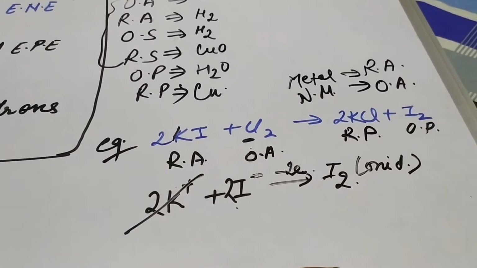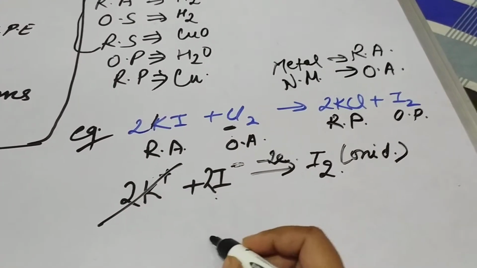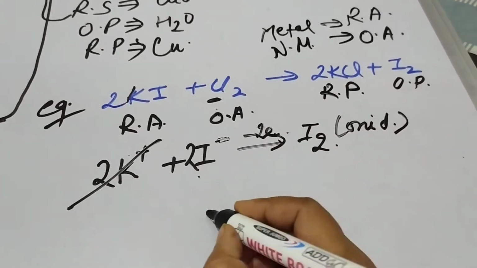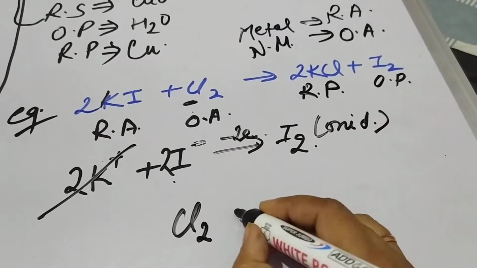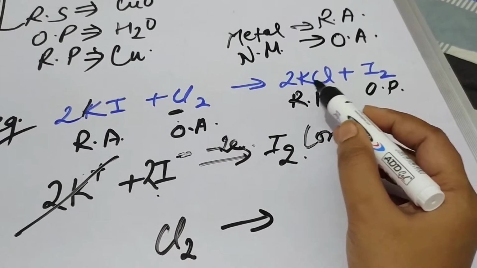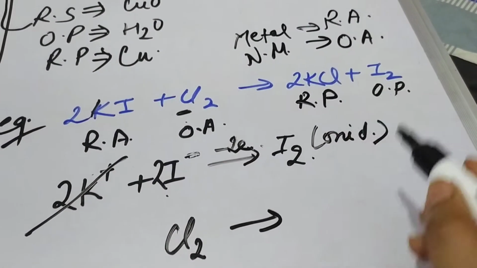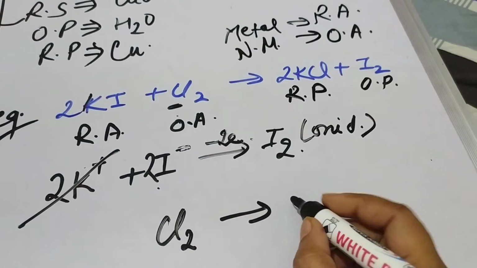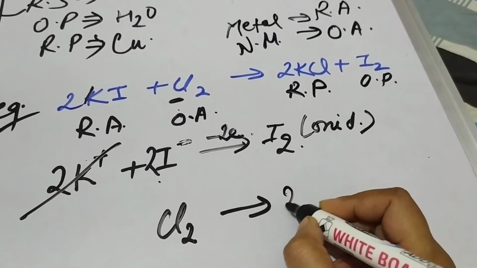In this case, next is reduced product. How to identify? In this case, we'll take now chlorine. Here I have taken chlorine as the neutral molecule, and here we will divide potassium chloride into potassium and chlorine ions. I don't require potassium because chlorine is the common ion, so I will write only